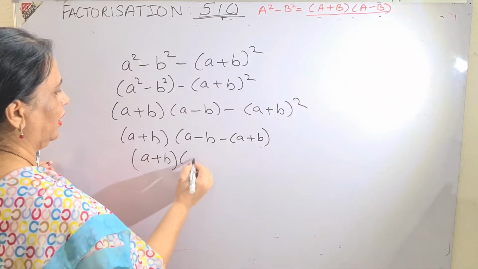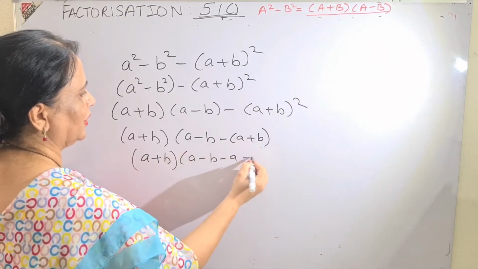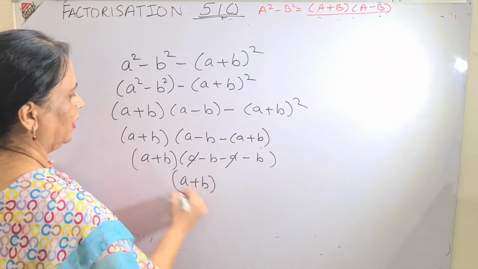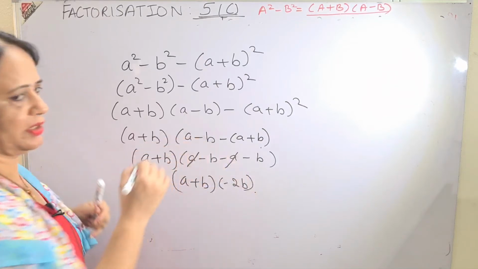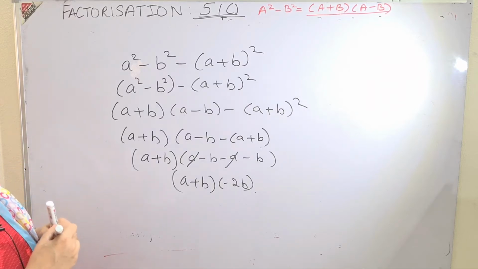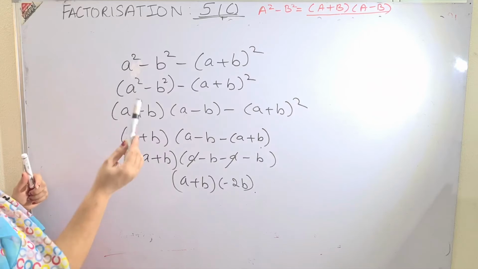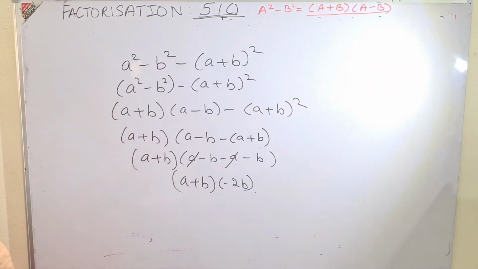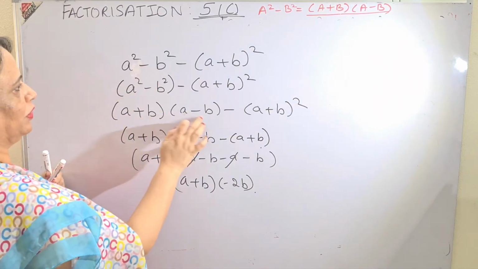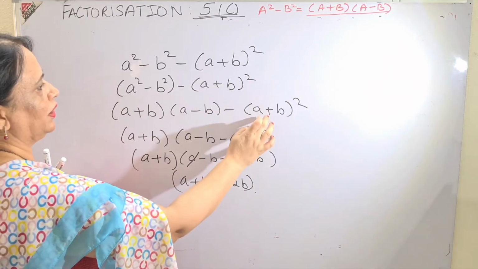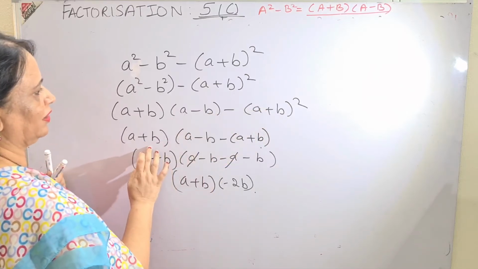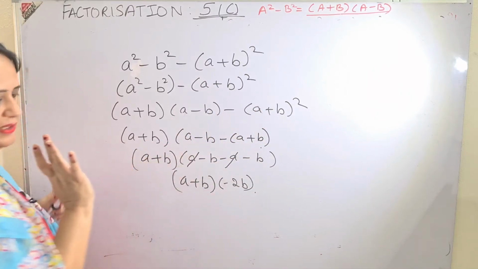A plus b, a minus b minus a minus into plus minus b minus a plus a cancels, and you are left with a plus b minus 2b. And this sum is important for the paper, children. Be careful about it. The question is very, very important for the paper. See again, a square minus b square minus a plus b whole square. To explain, I am putting the formula here, a plus b into a minus b, again minus a plus b whole square. I have taken a plus b common from here, a minus b is left, and from the other a plus b I have taken common, so 1 is left. Doing this I got the answer.